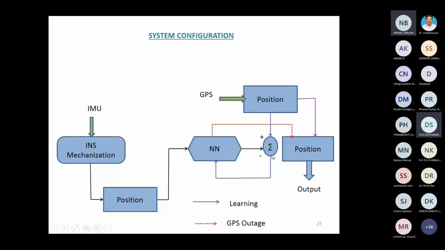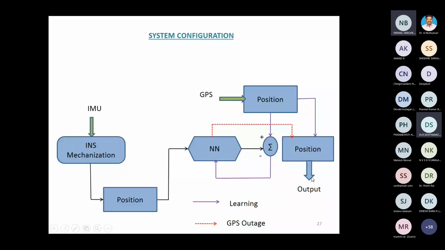The minimum error of the position will be noted down as an output. Okay. So when the minimum position error is there, it means that your input values and target values are coming almost closer. Now you will take off your INS values for your navigation purpose. Right. So by doing this, even if the GPS is present, you will have an output continuously.